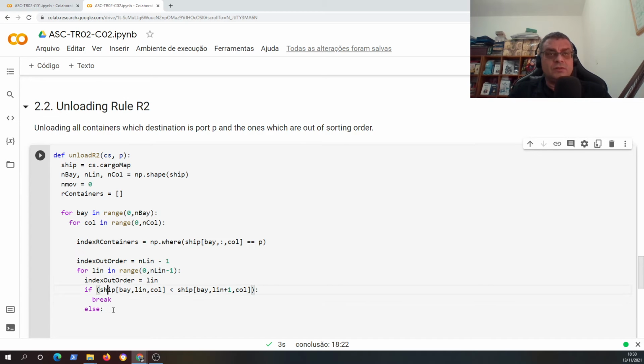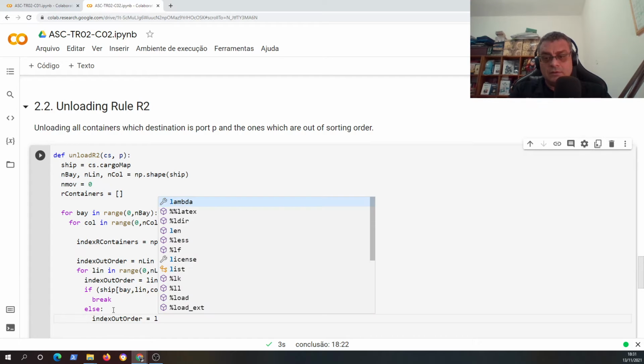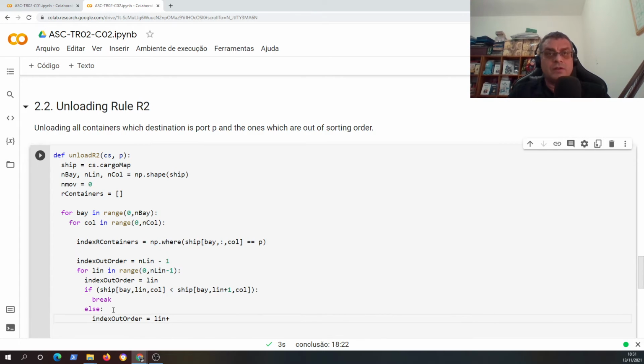So I should update this in index out of order. I should update this to len plus 1. Okay, I should update this value until I find the last element here. Okay,